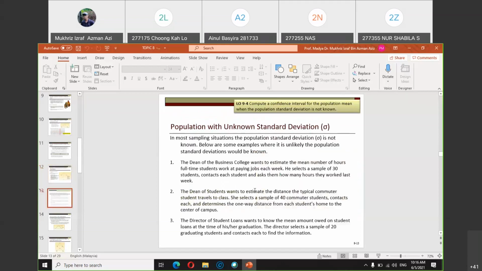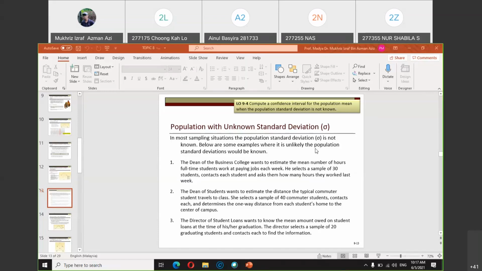Next, for today, we're going to cover the T distribution, meaning constructing a confidence interval when it involves the T distribution. So when do we use the T distribution? In the previous chapter on the sampling distribution, you were introduced to the T distribution. T is under the same family of normal distribution, just as Z is. So when do you use the T distribution? It is when the standard deviation is calculated or taken from the sample itself, meaning that you don't have any information on the standard deviation